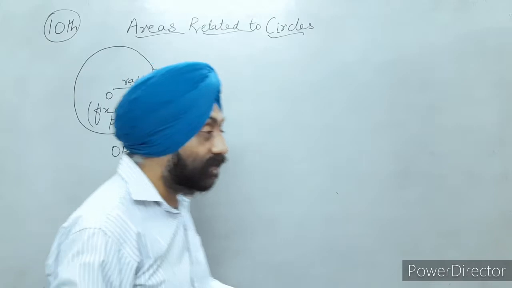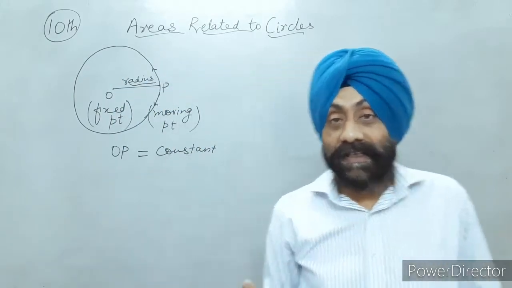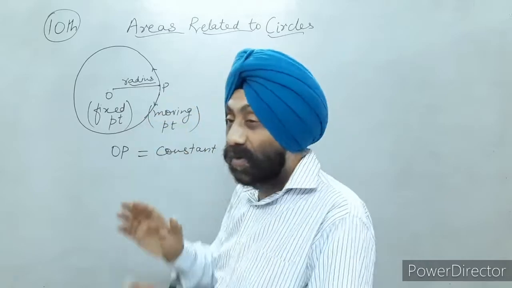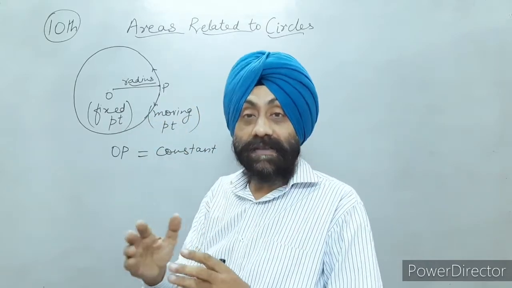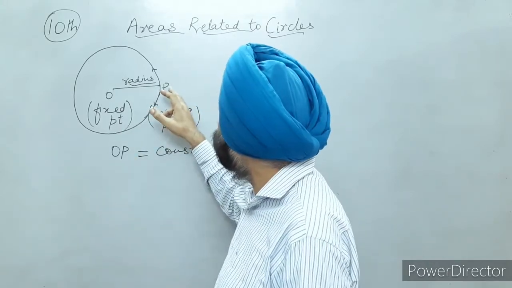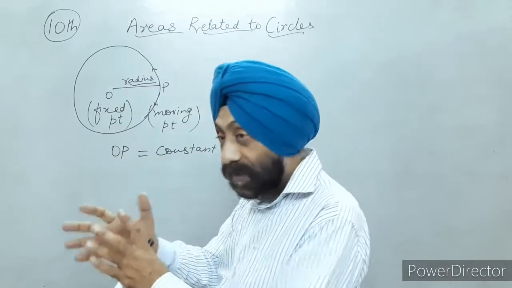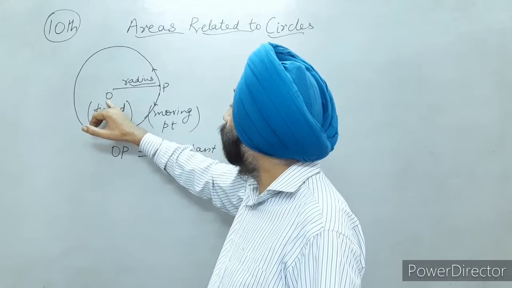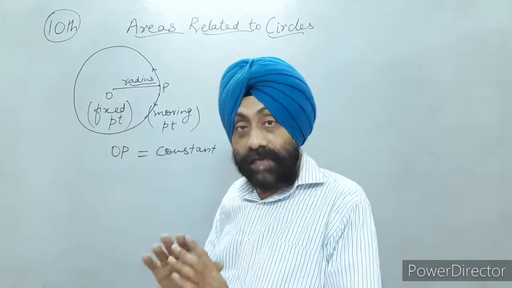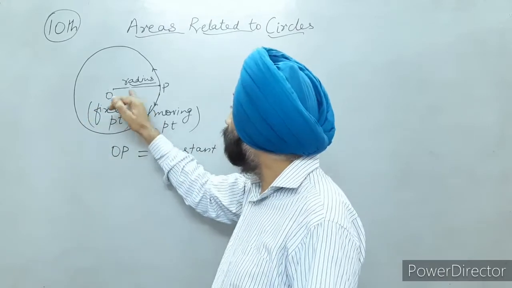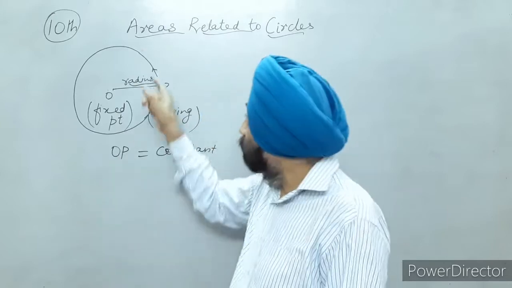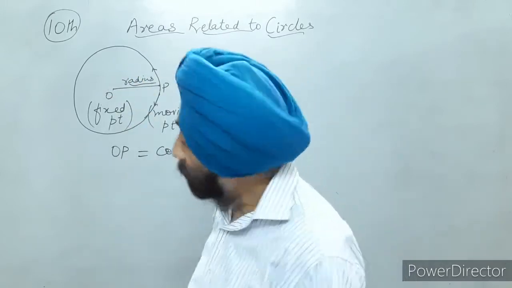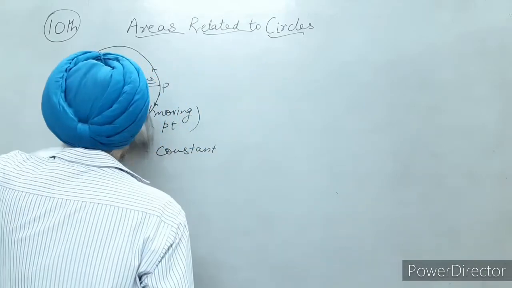This is the basic definition of a circle, right? Now, circle is a locus of a moving point. Locus means the curve or a path traced by a moving point P such that, what is the condition? Such that its distance from a fixed point O always remains constant. And this distance is called the radius, and the curve traced will be a circle, right? Now, next thing.